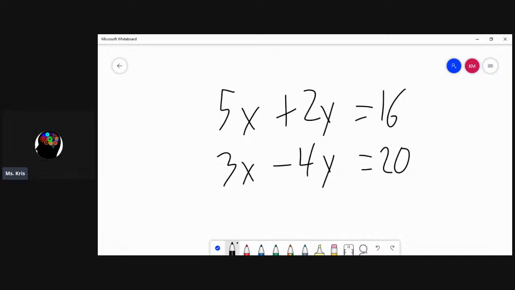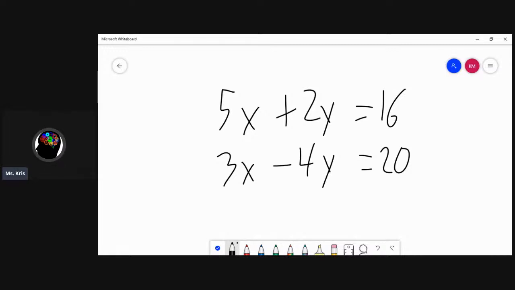Now, obviously, 5 plus 3, that's 8. Negative 4 and 2, that's negative 2. 16 and 20, that is 36. But you have not eliminated an x or eliminated a y. So how can I eliminate effectively? Now, if you notice with the x's, you would have to multiply both of them, because the only thing